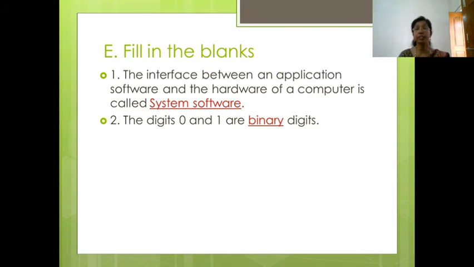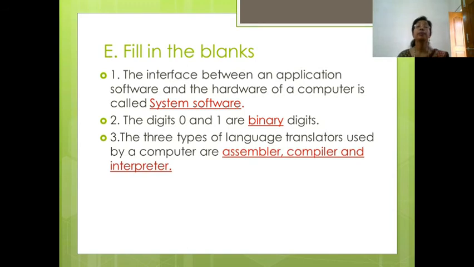The second question is, the digits 0 and 1 are dash digits. The digits 0 and 1 are called binary digits. B-I-N-A-R-Y, binary digits.